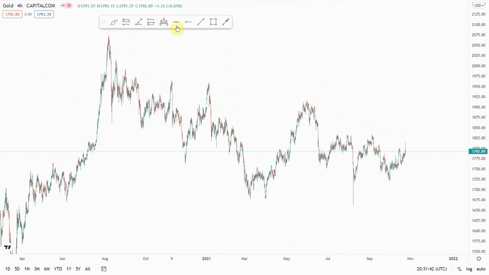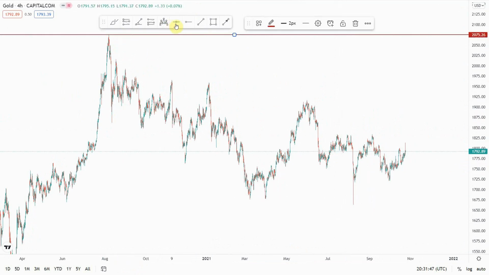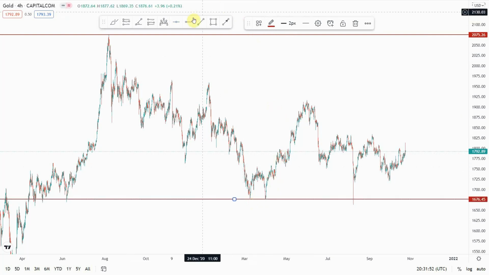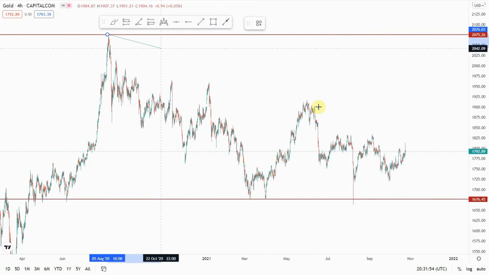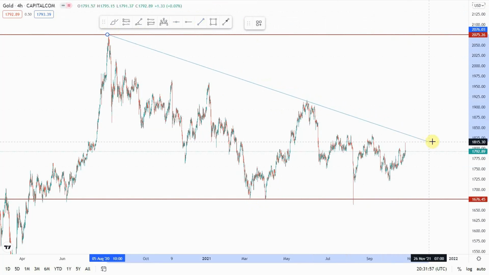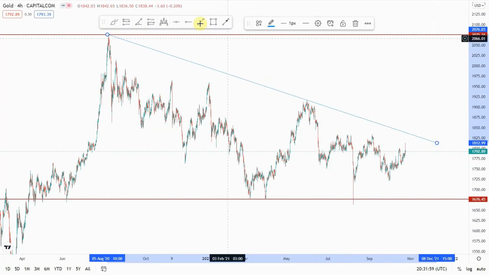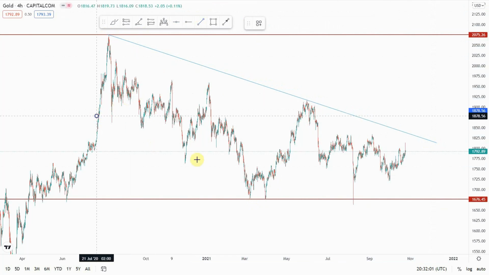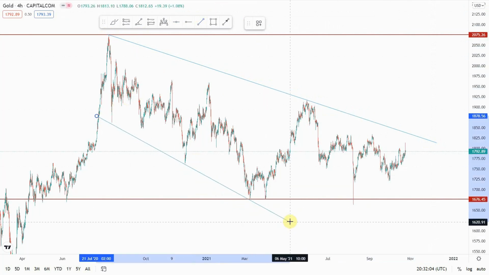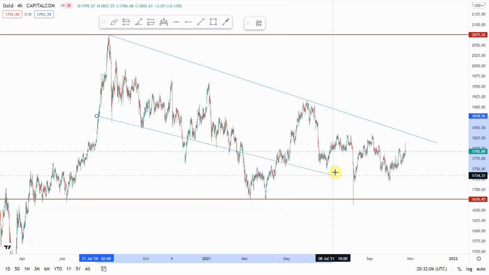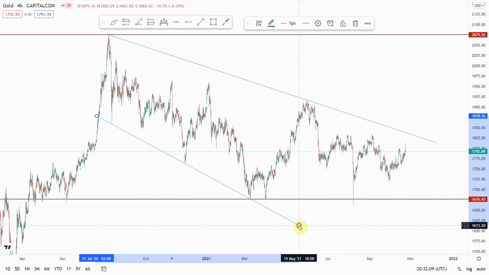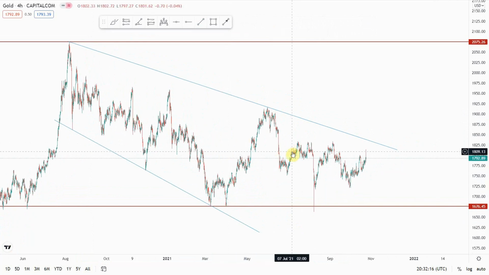First thing first, when you analyze, you identify your highest point, then you go for your lowest point. Then after, you can create your diagonal resistance, and then your diagonal support. So probably here on gold, we're having a beautiful downtrend. So after you zoom in your chart,